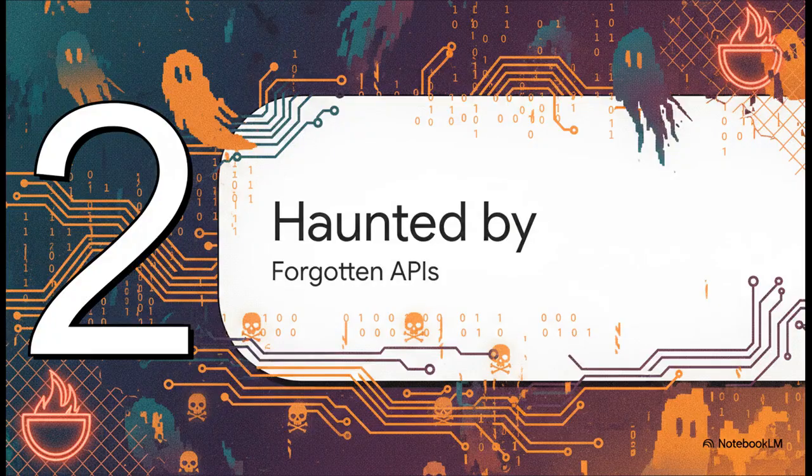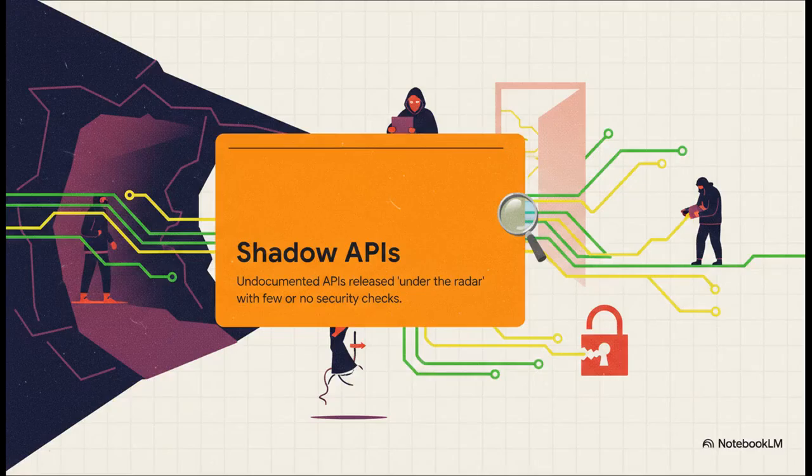And all this sprawl basically creates a digital haunted house. It's filled with the ghosts of old, forgotten code. And these ghosts have names. Experts call them shadow, zombie, and ghost APIs. So first up, you've got shadow APIs. Think of these as the secret passages. A developer needs a quick fix to get two systems talking. So they whip up a simple API, it works, and they move on. But they never write it down, and they definitely don't tell the security team. So now there's a backdoor in your system that nobody knows about, except maybe a very dedicated attacker.